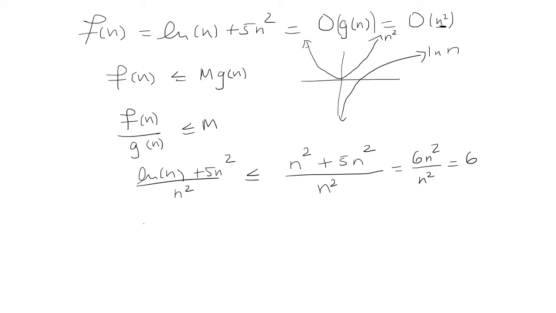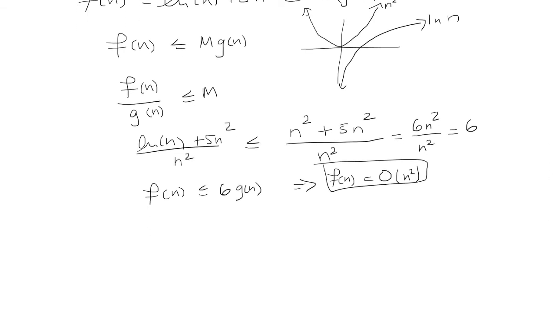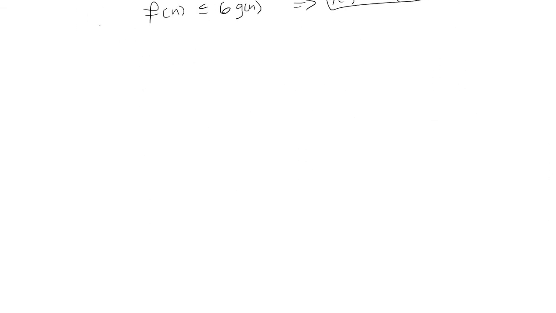Okay, so we showed that f of n is less than or equal to 6 times g of n, and thus f of n is equal to big O of n squared, or g of n in this case. Okay, so this one is done. Okay, now what if we're given a different function? Now what if f of n is equal to